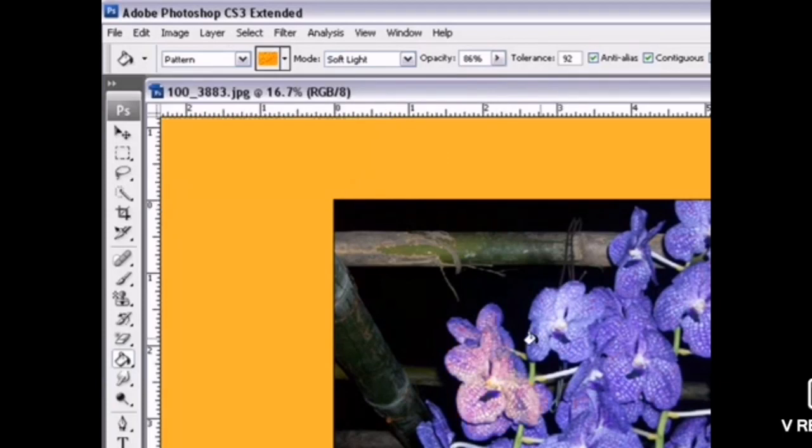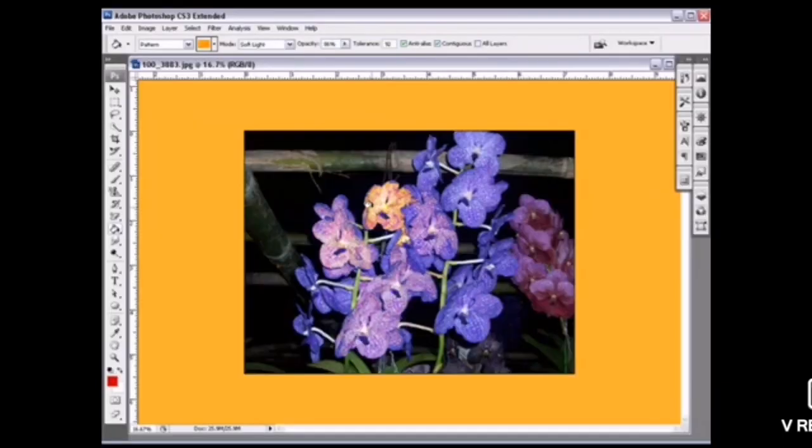Or if I choose the fire, once I select it, if I click on the same 2-3 times, that flower will change into that pattern. It will go from the lighten to the darken section. So this way you have to try it on your own pictures. Whichever picture you choose, you can do all the changes we have seen today, and try it on your own. Understood, students?